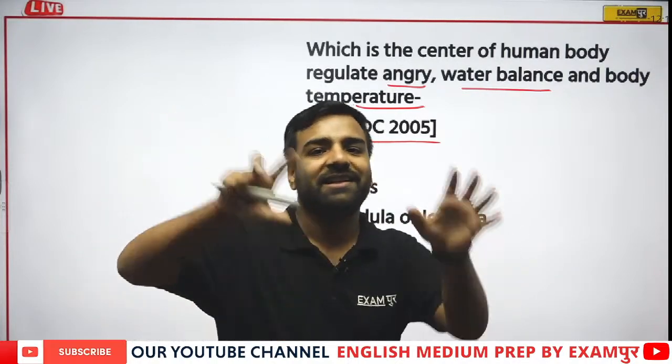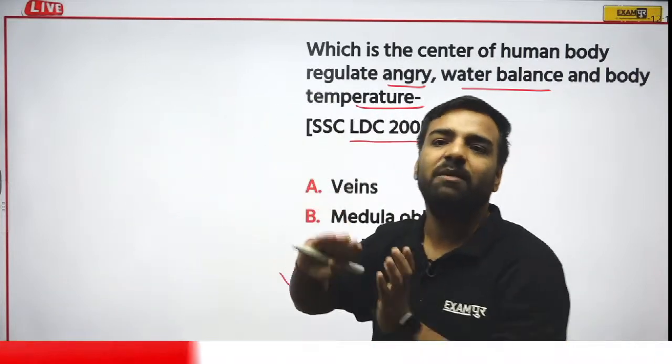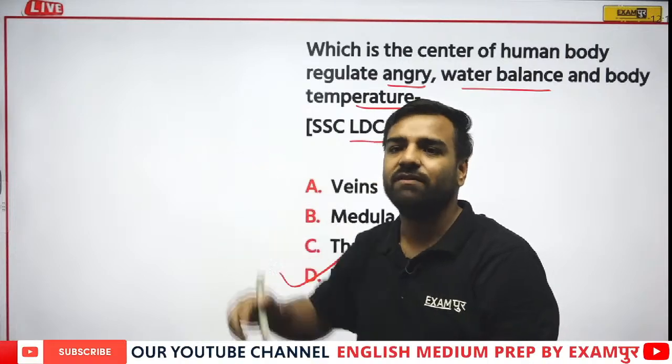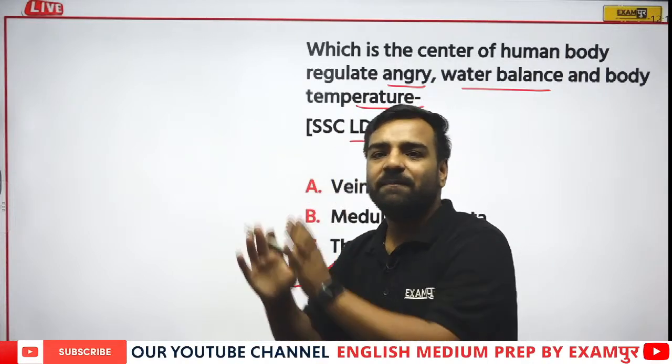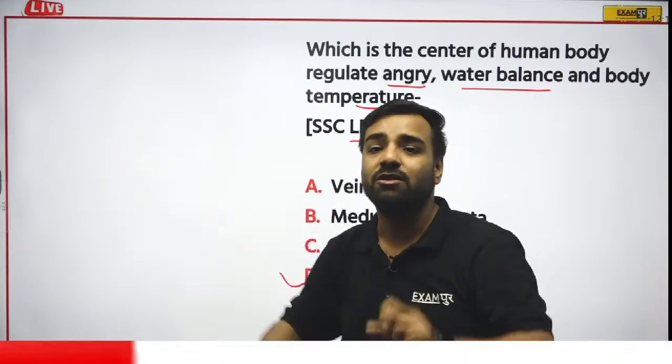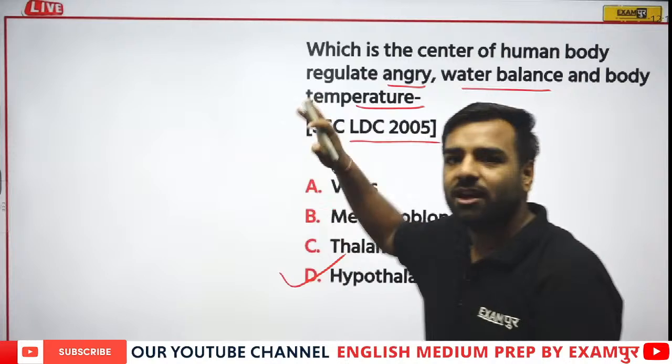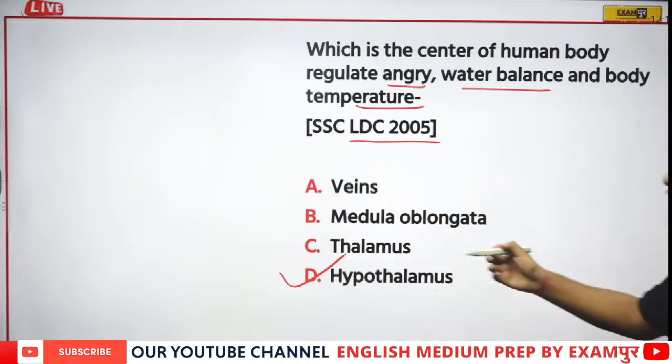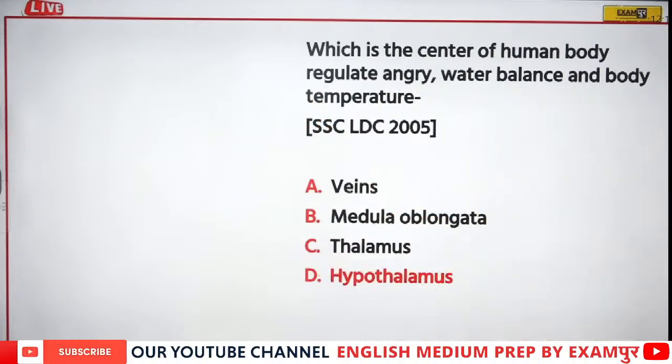We'll have the detailed discussion in the evening, in the theoretical session from 6 to 7. Right now, try to understand all the hormones are playing significant roles. They all have their individual roles. What are they? We'll discuss according to the questions. Let's move forward now. So here, obviously, hypothalamus was the correct answer.